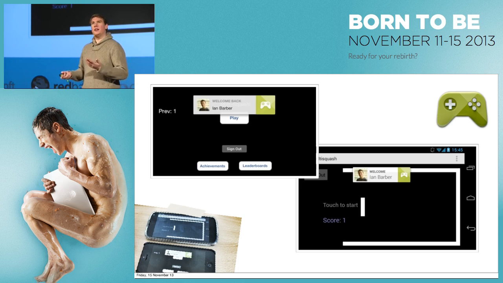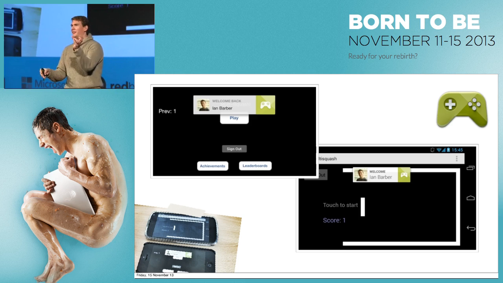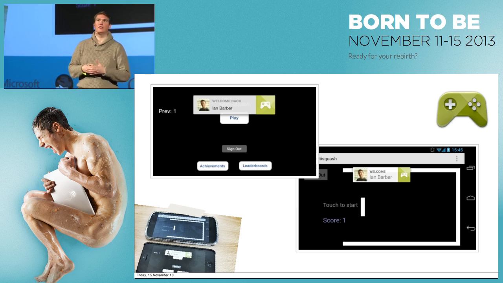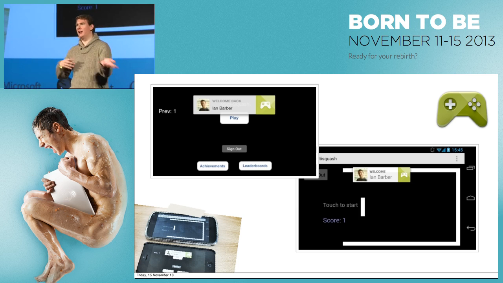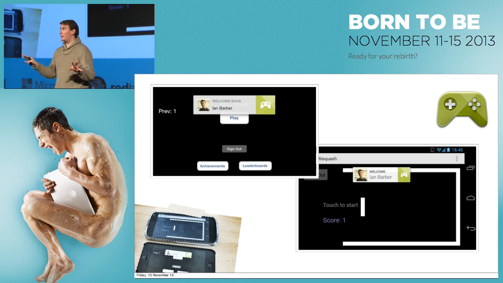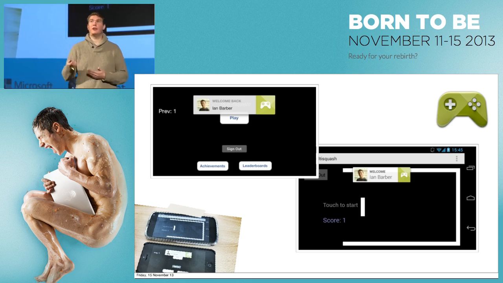And Cloud Save is not a hard feature to write. I mean, the basics of I want to store some data in an API and get it back, anyone in this room could write that. But writing it so you can handle conflicts, that's a bit more work. And writing it so that there are nice APIs on Android and iOS and the web, that's a bit more work. And making sure it's maintained and secure and backed up, it's a bit more work. It's still not that much. I mean, it's still something you could do. It just becomes a bit more of a project. The point is you don't have to.